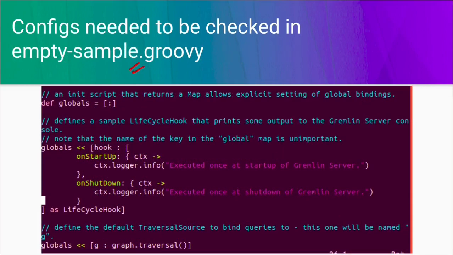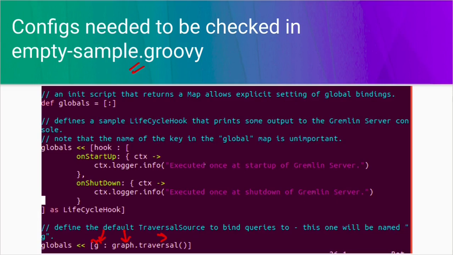This is the empty-sample.groovy file. Just to understand this, just see the last line of this. What this line is doing is just using the graph object and running a graph.traversal method on it, in turn creating a graph traversal object and putting that in G. And we can use this particular G from the Gremlin console to fire the queries on the server, or we can say to transfer the queries to the server, which in turn queries the database and provides us the result.